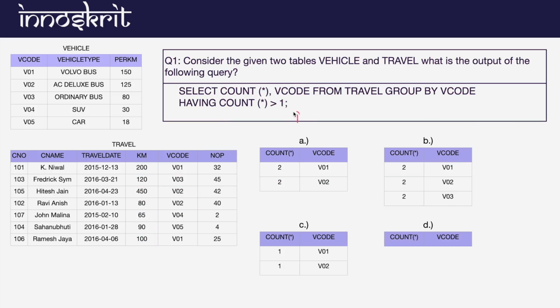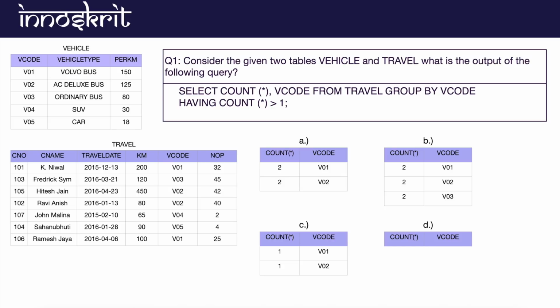So I have told you two rules. Rule number one is that whatever attributes are used with the group by clause, all those attributes are mandatory to be used in the select clause also. Rule number two is that you cannot use any other column with this V code. The only things you can use with this V code are the aggregation functions. That's it. So these are the two rules you have to keep in mind to solve the query effectively and correctly. Fine. So I hope you have understood this question.